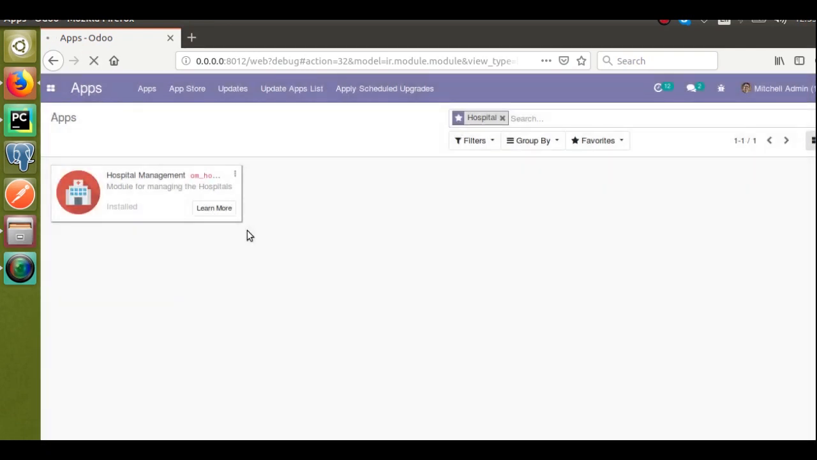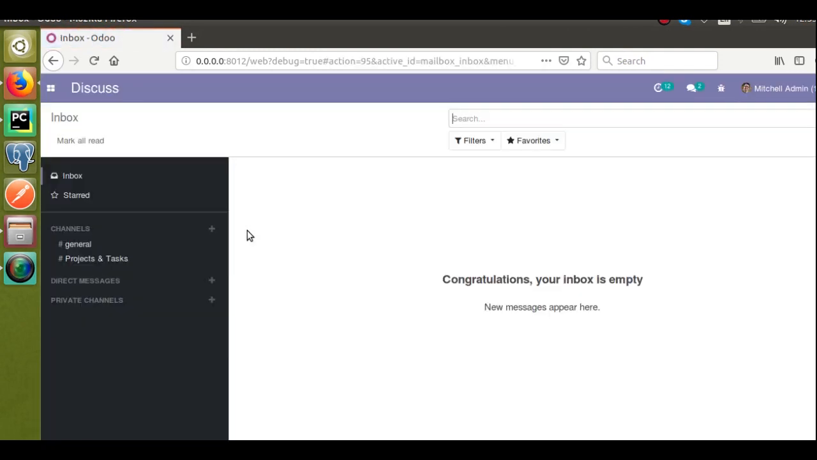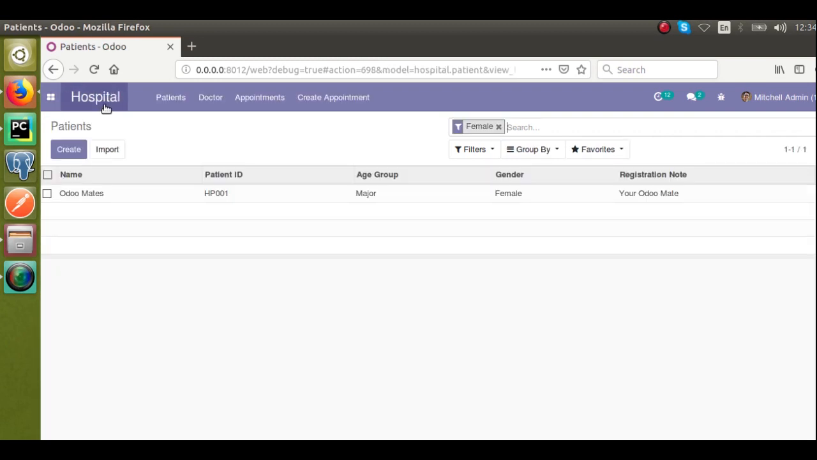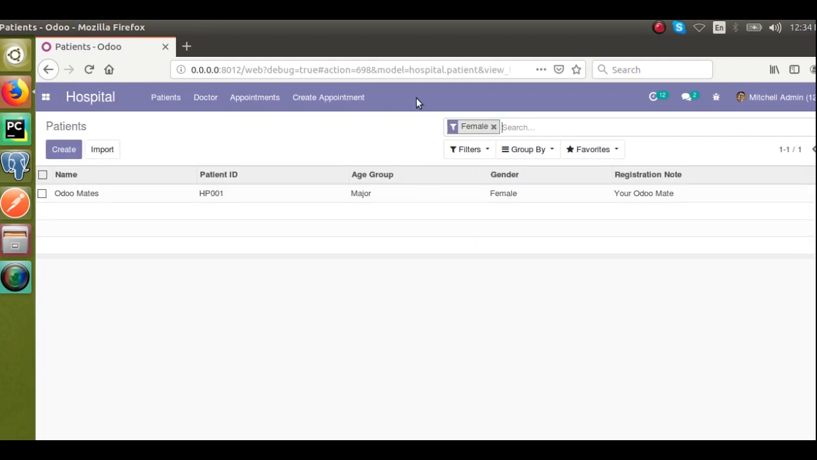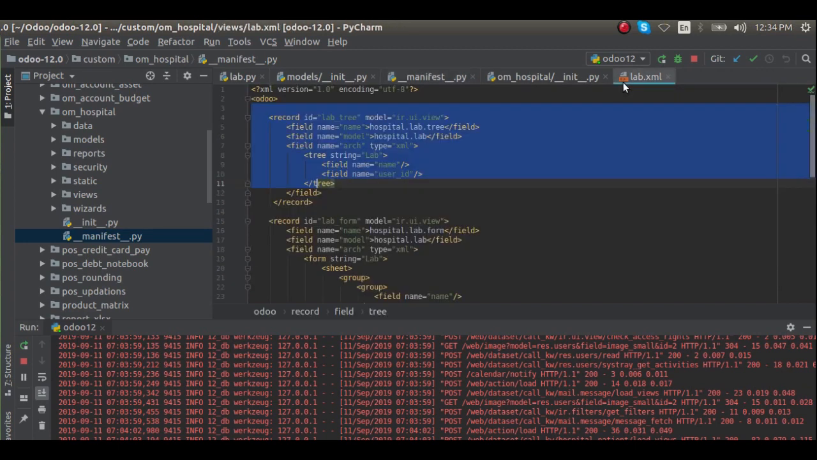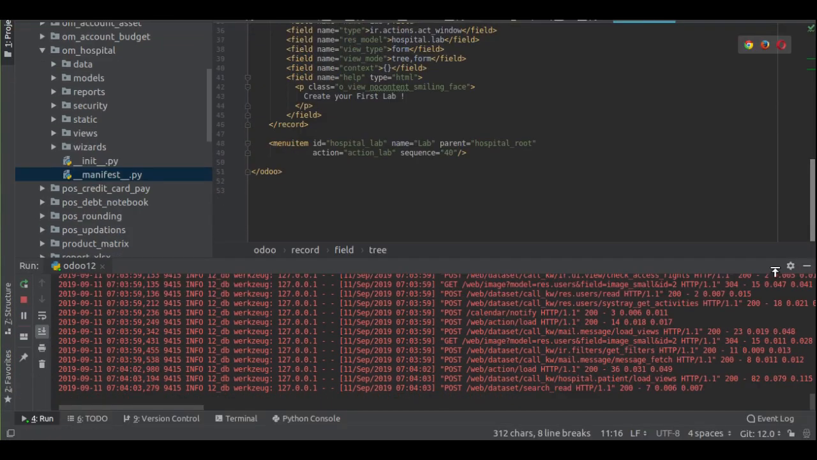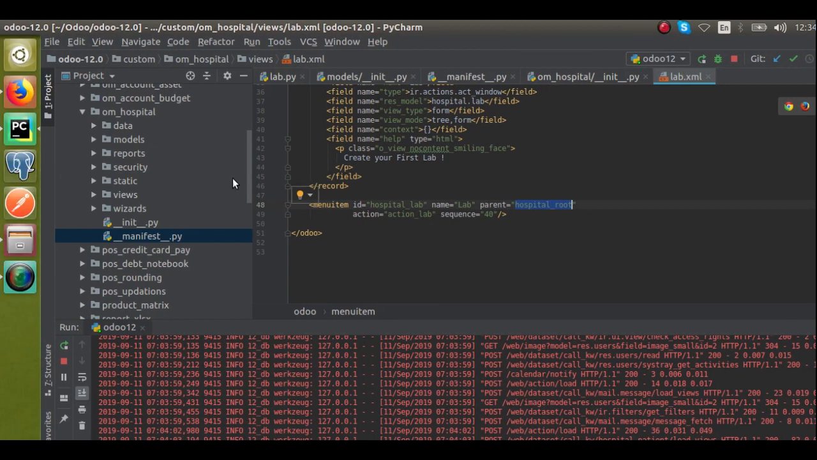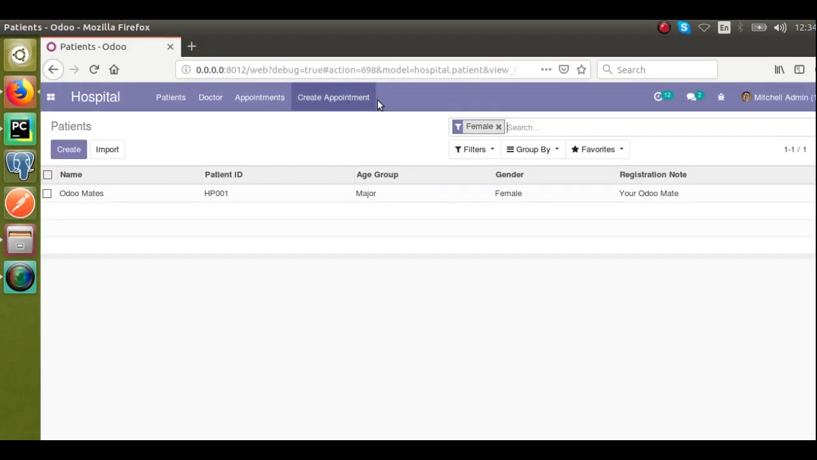So it's almost done. Right now if I go to the hospital menu, you won't see the menu named lab. If I take hospital, you can see there is no menu called lab. So where is the menu that we have created? If I go to lab.xml, you can see we have defined the menu here, that is hospital lab, name lab, parent is given as hospital, then action is given, everything is given,